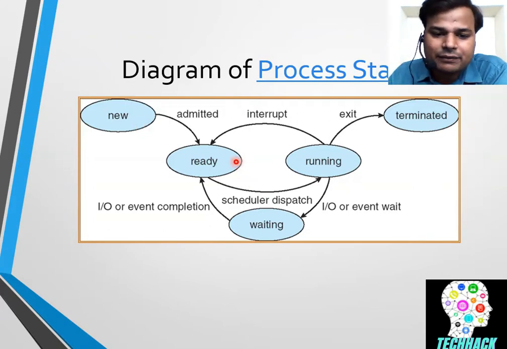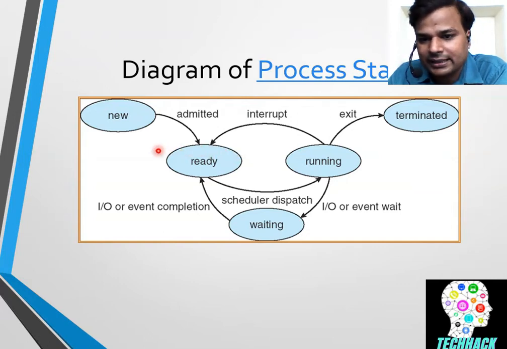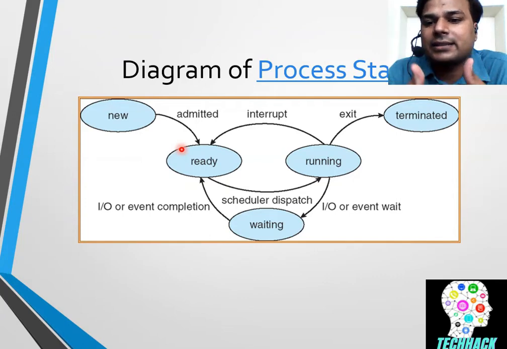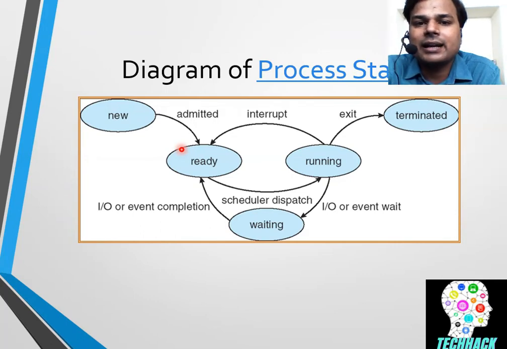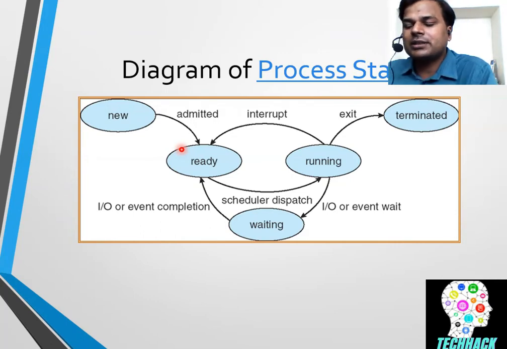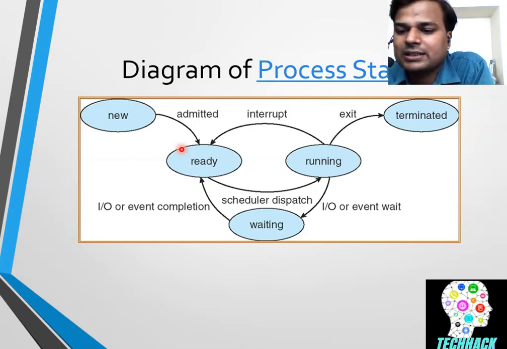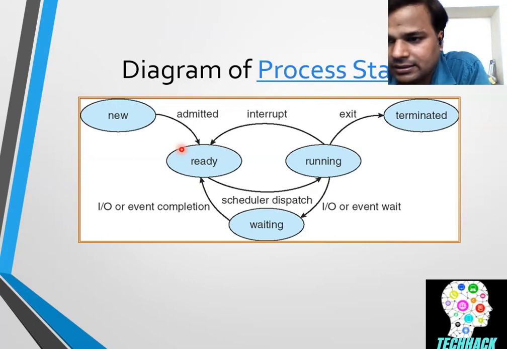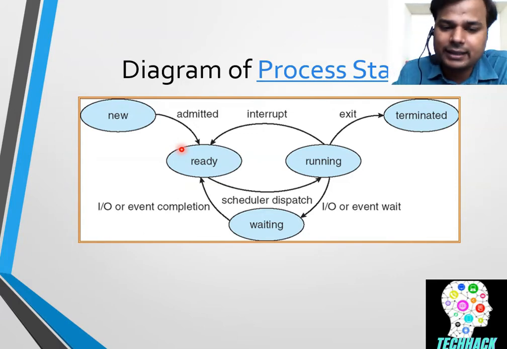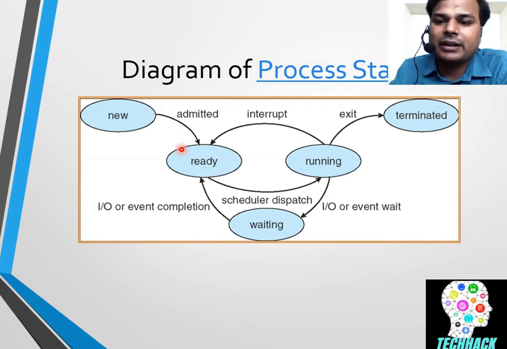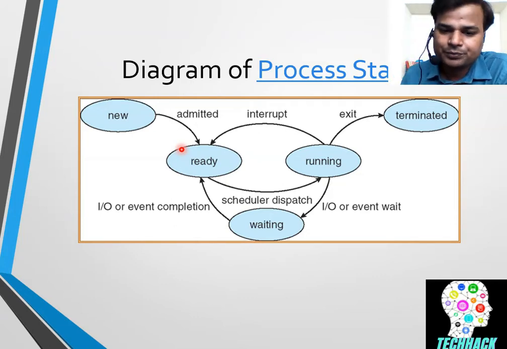In the ready state, if they are ready to run, the CPU will come and select one, like there is a queue in the ready state. Whenever the process is at the top of the queue, it will be allowed to run. So the CPU is picking the process which is at the head of the queue. If the process is at the ready queue and the CPU comes, it is ready to run, it will move to the CPU. The CPU will start working. Now the process is in the running state. In case some interrupt occurs, the process will move back to the ready state again, and whenever its turn comes again, it will be dispatched by the scheduler to the CPU.